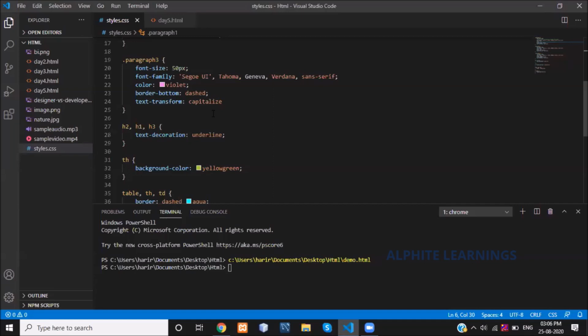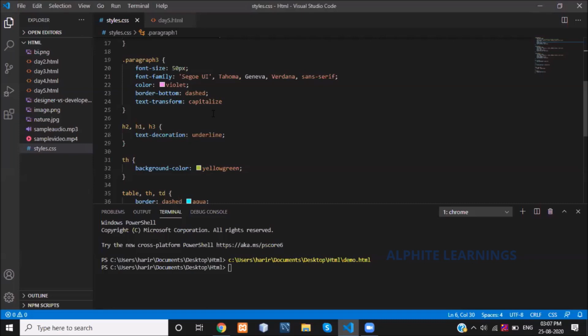The next topic we discussed is text decoration. What is this text decoration about? We have seen only one text decoration, which is underline. How to give the underline for my headings or a particular sentence or a particular word? This is possible by giving text-decoration colon underline. What this actually does is give you the underline for your specified element or selector, right? Here in the 27th line, I have mentioned H2, H1, H3, all three headings. For those headings, I just inserted an underline using text-decoration colon underline.